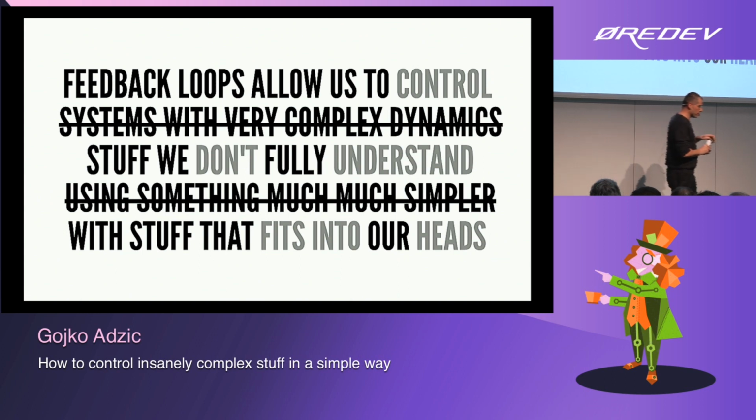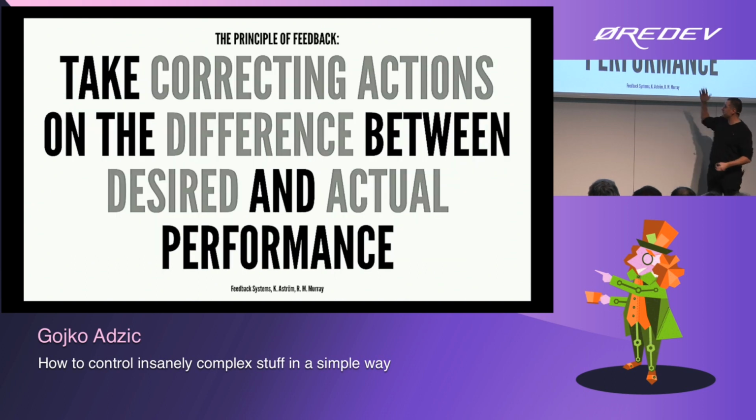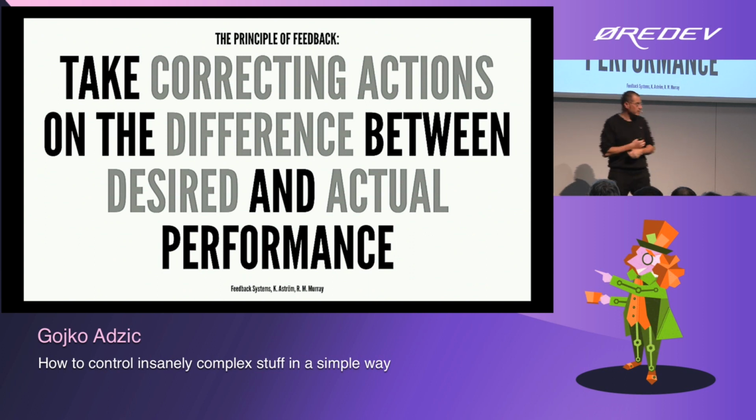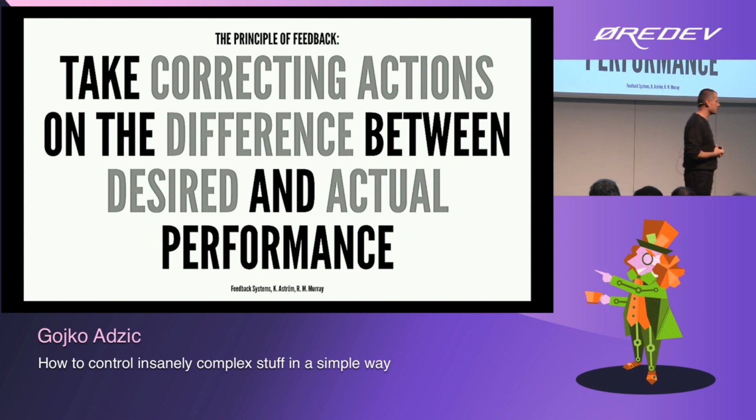I read a bunch of books about feedback systems, and there's a really good free book called Feedback Systems by a Swedish guy called Åström, and it's a university textbook. And he says in the book, the core principle, if you throw away everything else, the core principle behind feedback is this: you need to measure the error. You need to measure the difference between the actual performance and the desired performance, and then you need to make the system take a correcting action on its own. If you do that, you have a feedback loop, and that's it. It doesn't need to be more complicated than that.